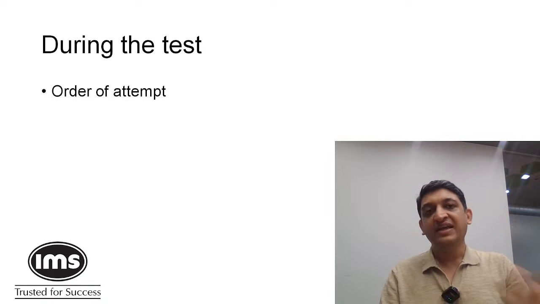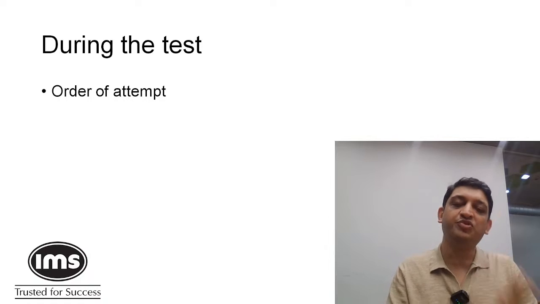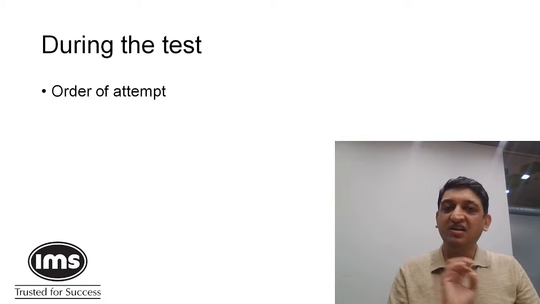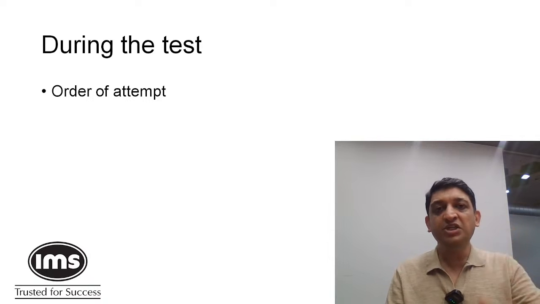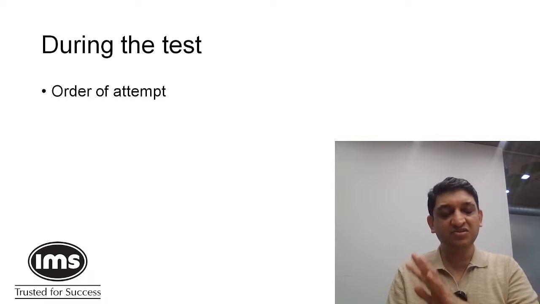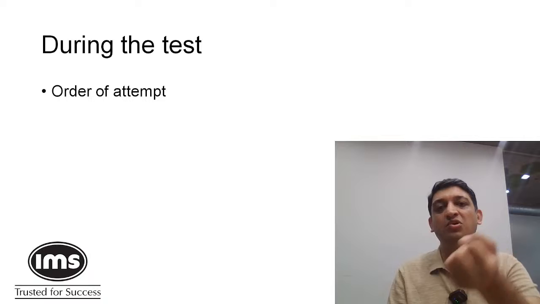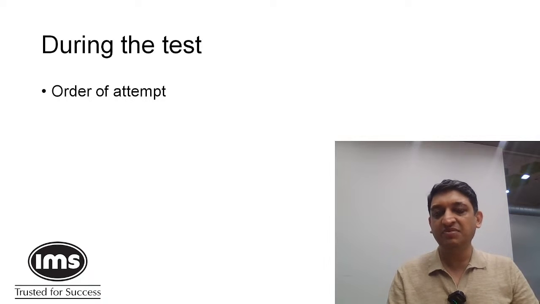Right? If it is completely jumbled and 1 to 200, you have no option but to go from 1 to 200. In that case, make sure that you're attempting only those questions that you're supremely confident about solving in a minute, right? अगर 1 मिनट के अंदर क्वेश्चन सॉल्व करने का कोई तरीका आपको नहीं पता है, let go of that particular question. You can always come back to it at the end. ऐसा नहीं होगा कि when you reach 200 all the other questions will be erased. This is not going to happen. You will be able to come back to that question. So don't take your ego to the computer lab and leave it outside with all your belongings, right? That's basically one statement that I generally tell people.